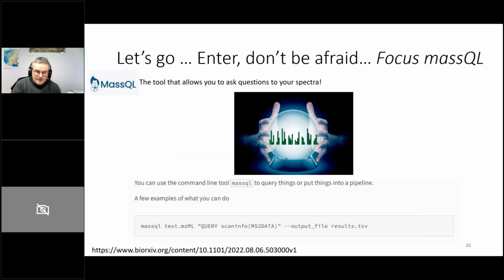And I want to focus now on a new tool that's called MassQL, for Mass Query Language. It's a tool that allows you to ask questions to your spectra. It's not a magic thing. It's all done with your knowledge of your mass spectra, but with that query language, we are able to process the spectra without picking, and we are able to find in the data regions or scans of interest that, let's say, contain